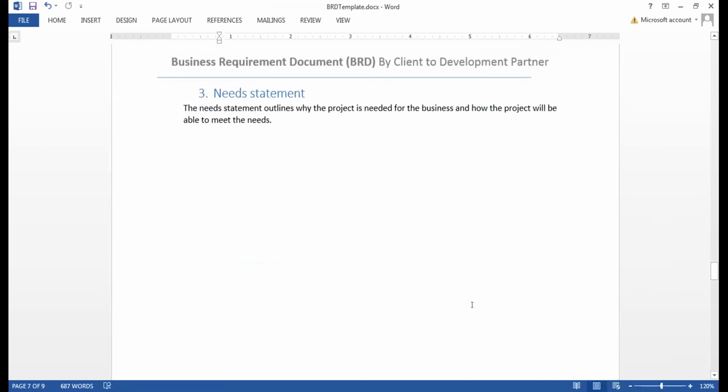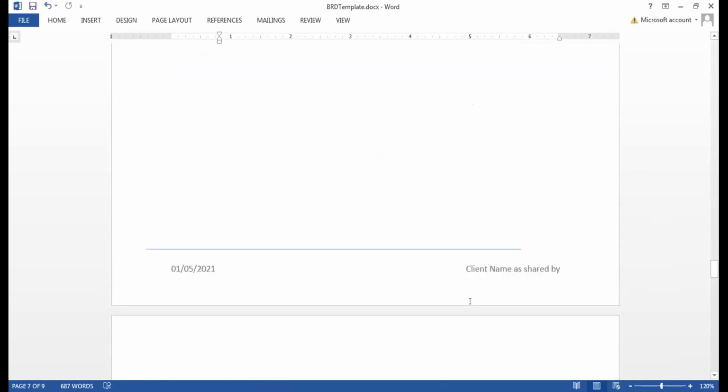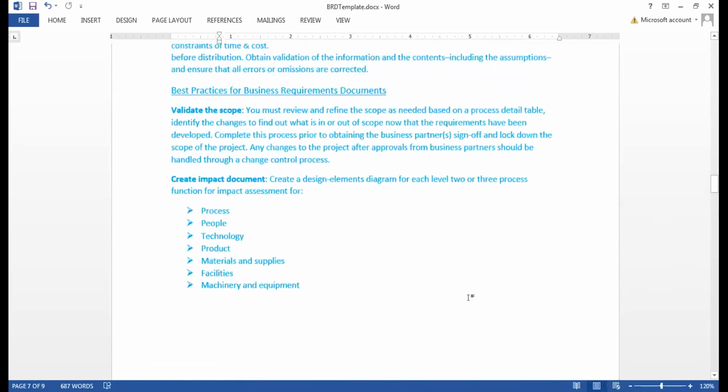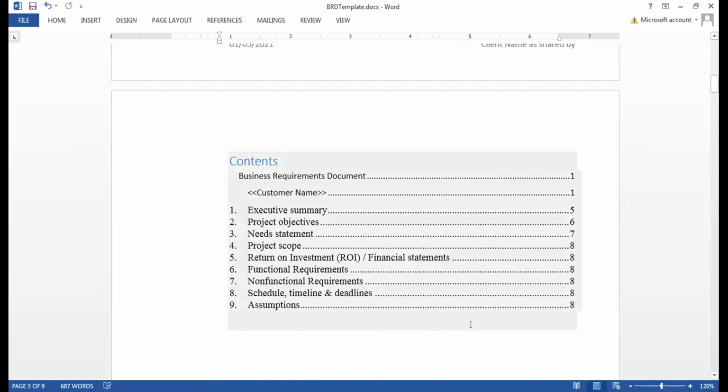I'm good. Okay, great. Then comes the needs statement. Now, let me tell you, I have mentioned nine points here, right? There could be three or four points also. It's possible that the State Farm business analyst might think, I don't have to include non-functional requirements, I don't have to include scheduled timelines or deadlines, and I don't want to include assumptions.